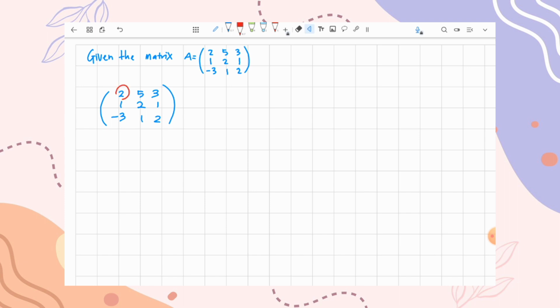According to the elementary row operations introduced just now, we can easily interchange between these two rows so that this one plays into this position. The operation that we can use is R2 interchange with R1,